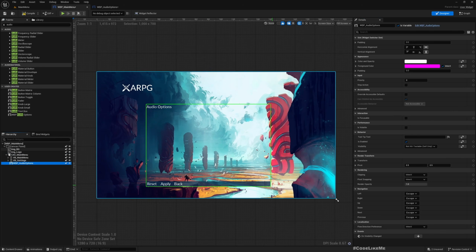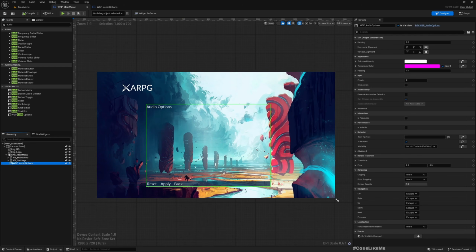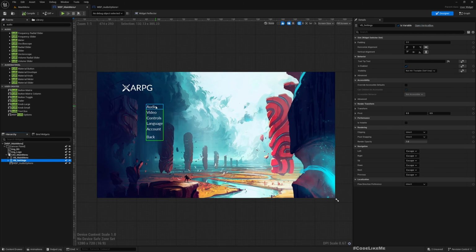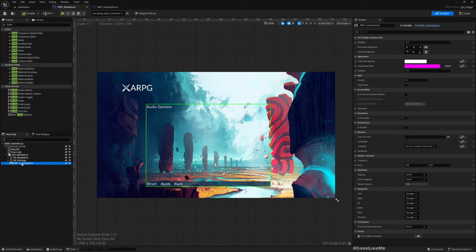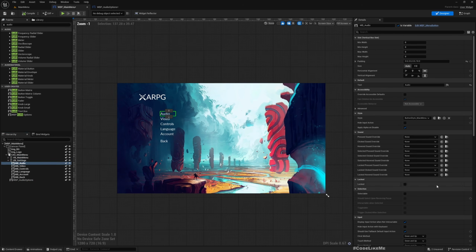This seems reasonable. Now we need to go to this menu page when I press audio button. So this is already a variable. Good. Now let's select this audio button,